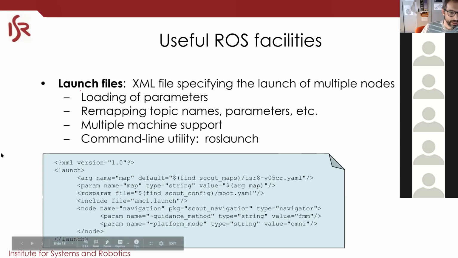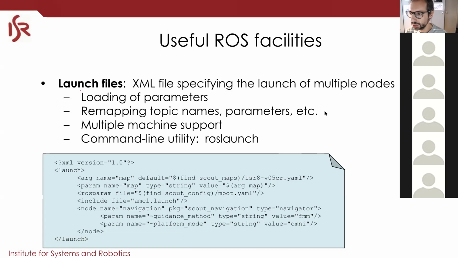And I forgot to mention, there are more features I'm not mentioning here. Loading of parameters, remapping topic names. This is very cool. Imagine that you have a node that subscribes to, for instance, XPTO. I can go to ROS launch and tell that node to subscribe to a different topic. It will remap the topic, okay? You can remap topics. This is very useful. It means that you don't need to change your code. If you change the name of the topic, you can simply remap it in the ROS launch. Very, very useful. Names, parameters, you can remap everything.